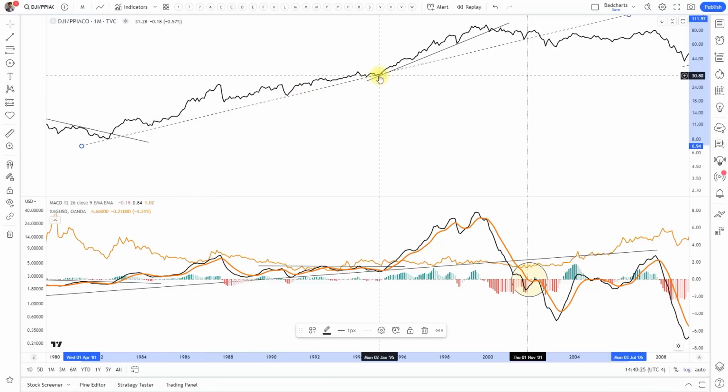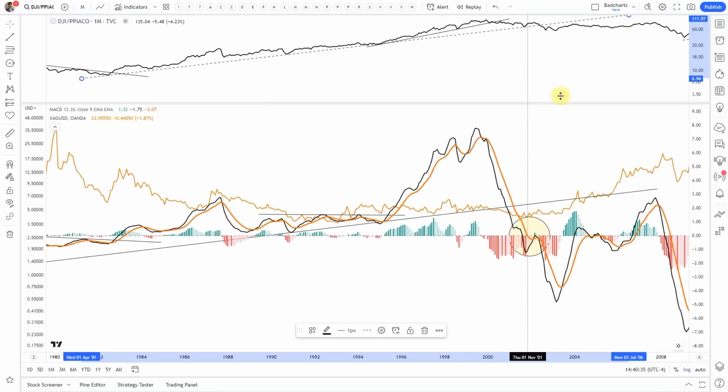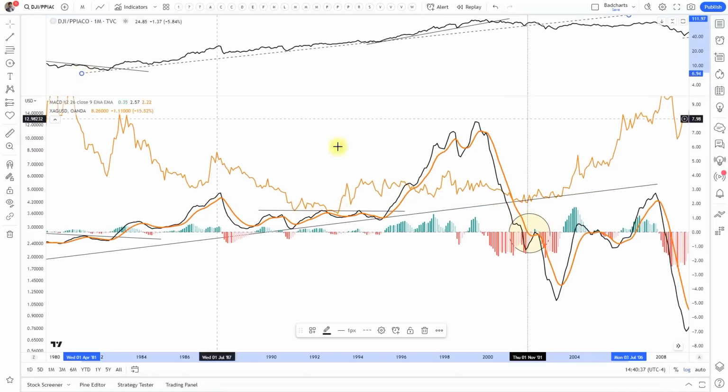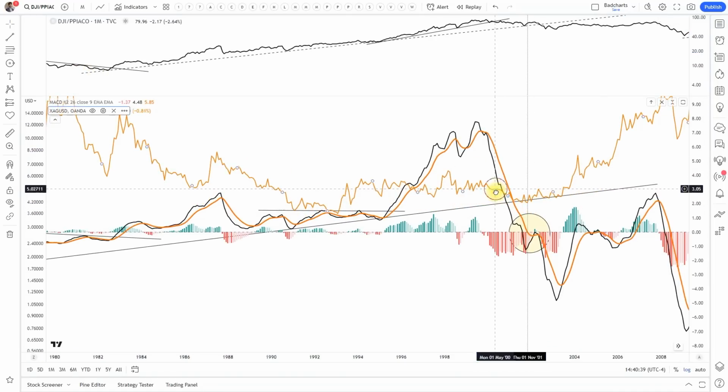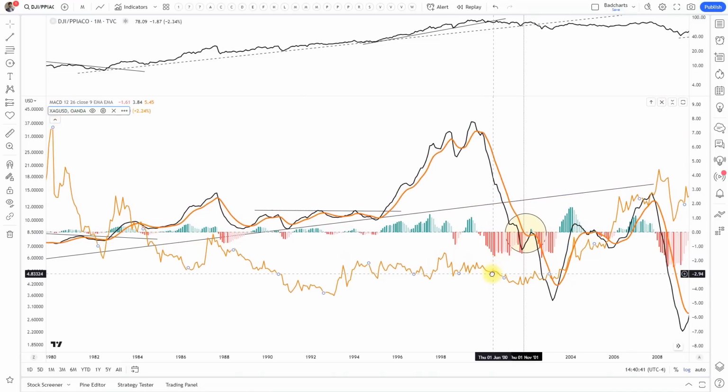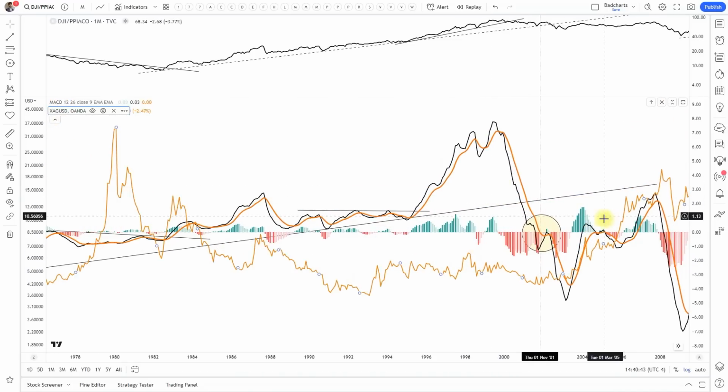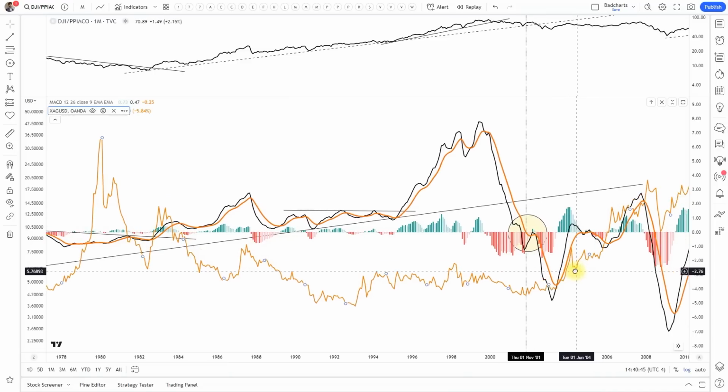1, 2, 3, 4. Now it's below the trend line. So MACD was giving us clues on that failed retest that something was wrong and it just decided to go down. So what is the impact for silver here? A little bit more than the 1970s, this is more like the 1930s, really more in tune with the recoveries